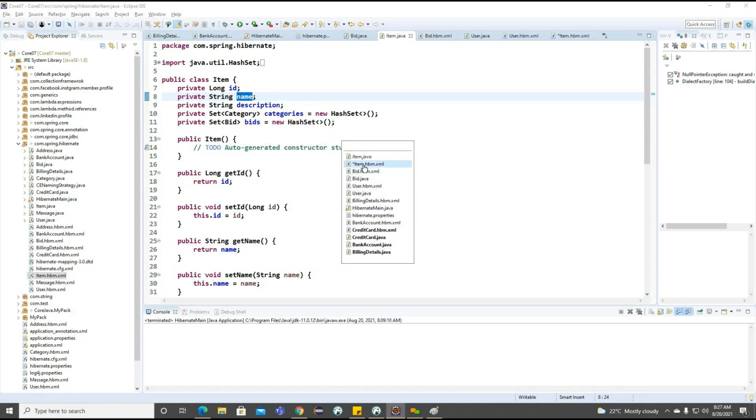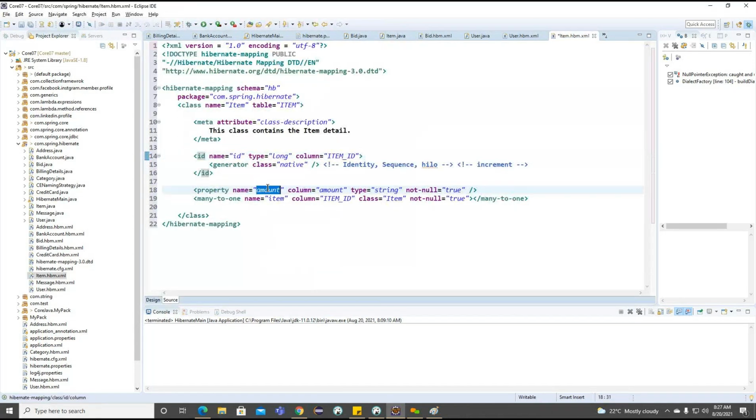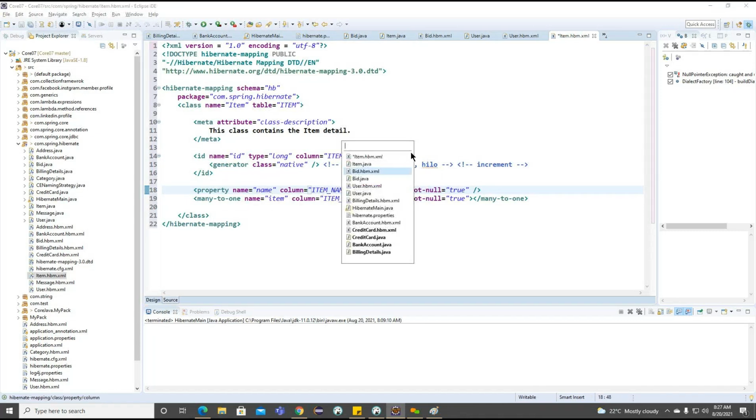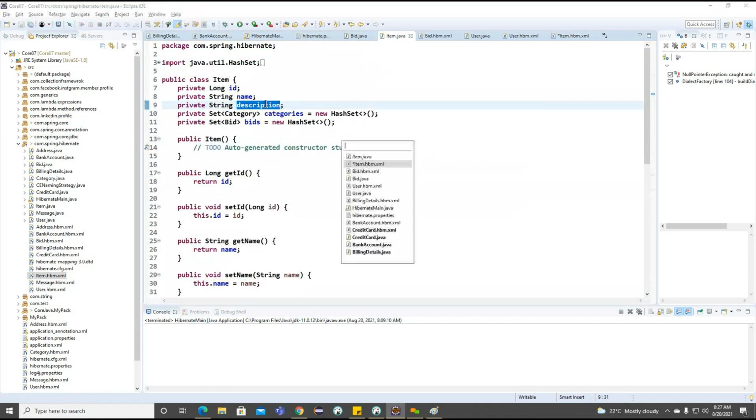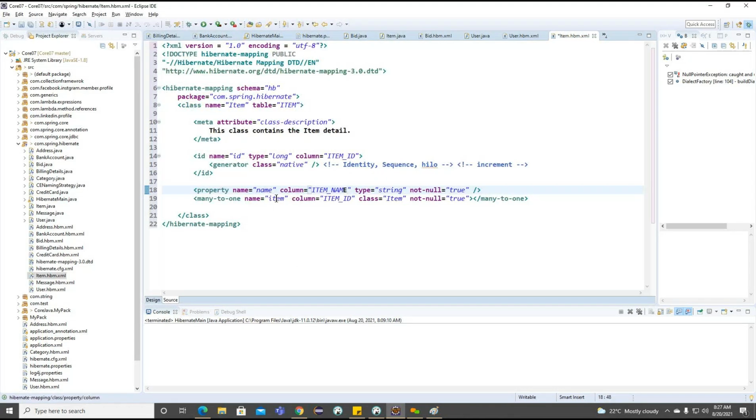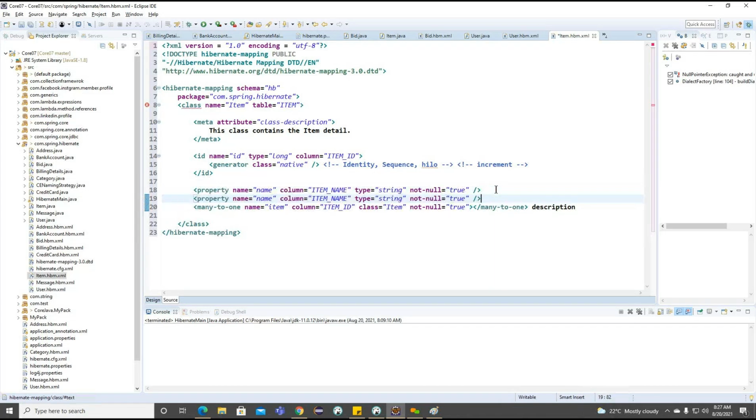So as of now, we can go for this particular name, maybe it is a not null constraint here. We can go for the description. Sorry, not many to one. It is a property here.